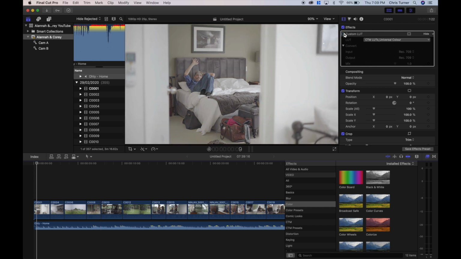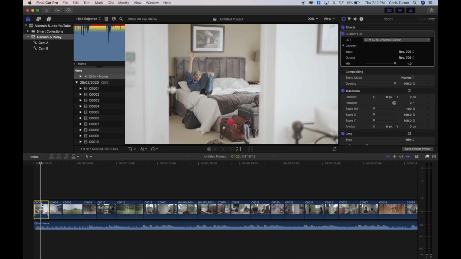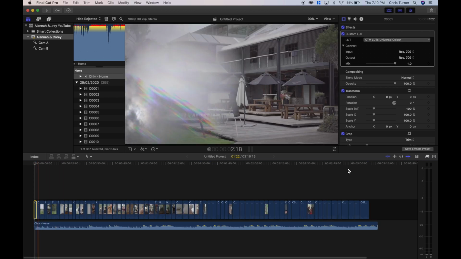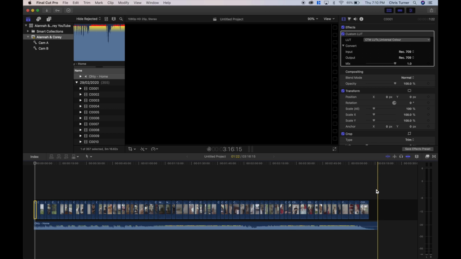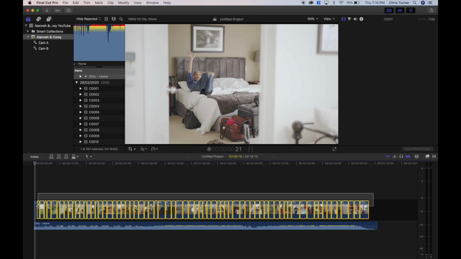If we turn that on and off, it's a really basic correction, but it just adds a little bit of flair and gives it a little bit of a filmy look. So now that we've added the custom LUT to this clip, we can press Command C to copy, and then we're going to Shift Z, which shows you the entire clip here, and then select everything except the first one